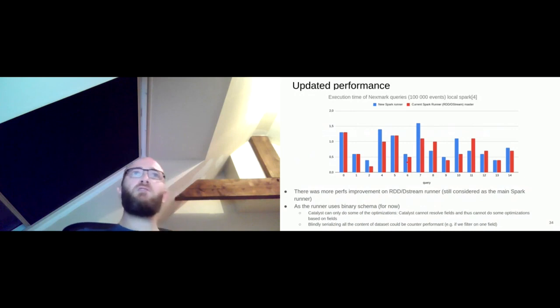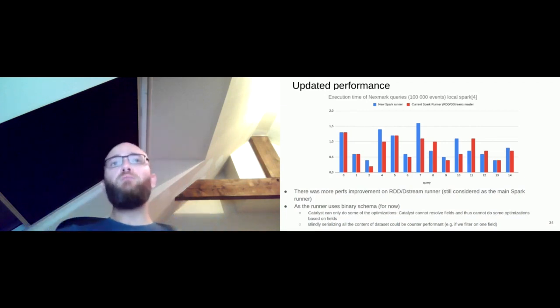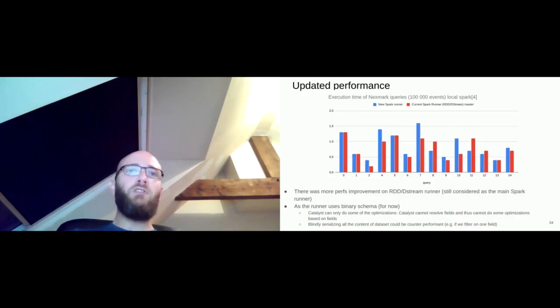This performance chart is the execution time of the Nexmark queries. There are 14 of them. You remember Nexmark is the simulation of the auction system, and the queries are, let's say, statistical questions on the system. It's a run that was done on 100,000 events with, let's say, a local Spark of 4 threads. And we see in blue the execution time of each query,